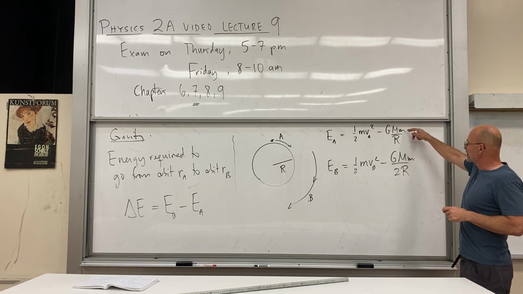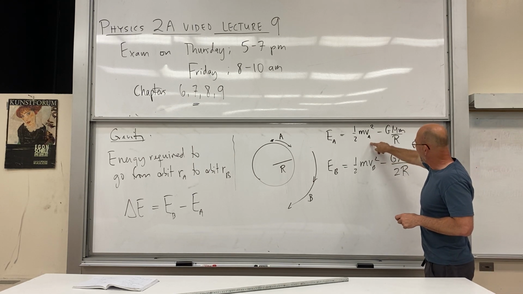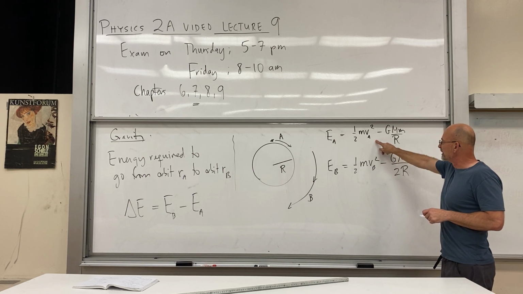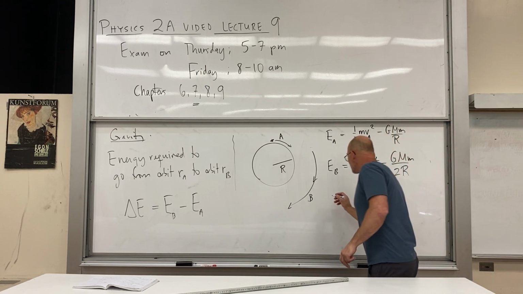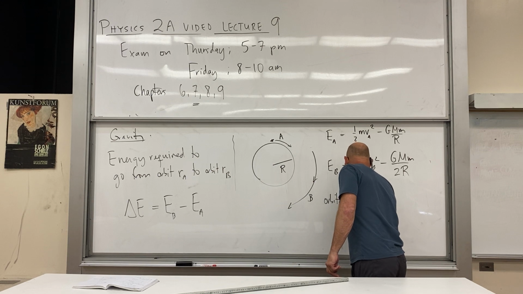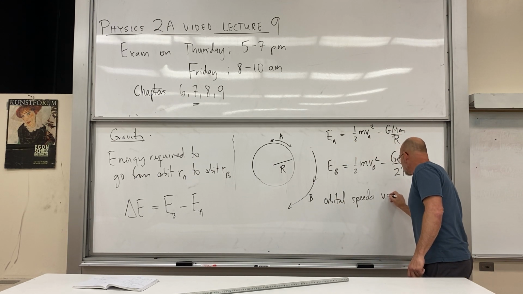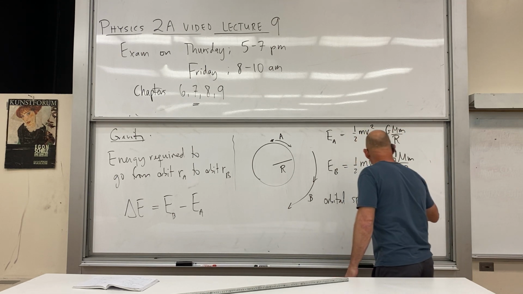The difference between these isn't going to give us any problem, but how do we know what v sub A and v sub B are? What are these orbital speeds, v sub A and v sub B? So I'll just write orbital speeds using Newton's law